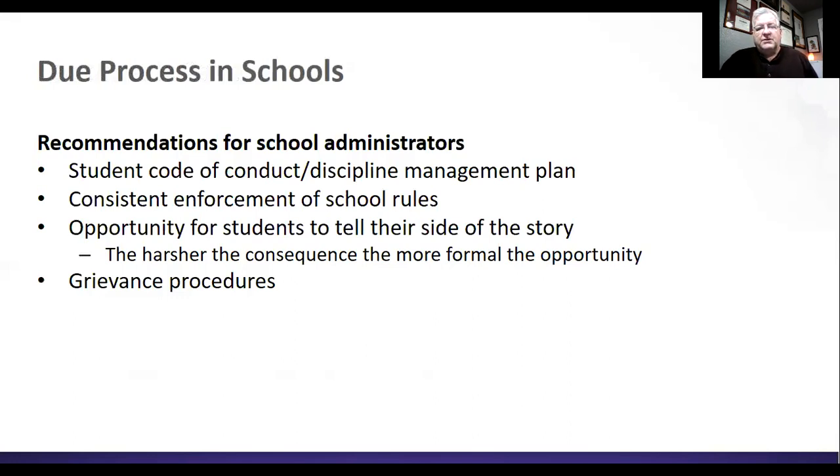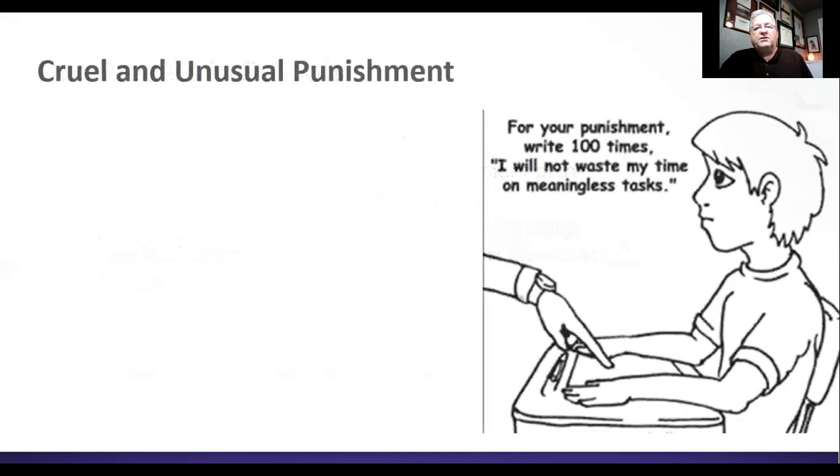And the fourth thing I would say is that there needs to be a grievance procedure or a way to appeal a decision. And this goes from the teacher to the principal, or to the vice principal, then the vice principal to the principal, to the superintendent, superintendent to the school board. There needs to be an appellate process so that a decision can be appealed up the line. So that's basically the practical advice for due process in schools. So the next